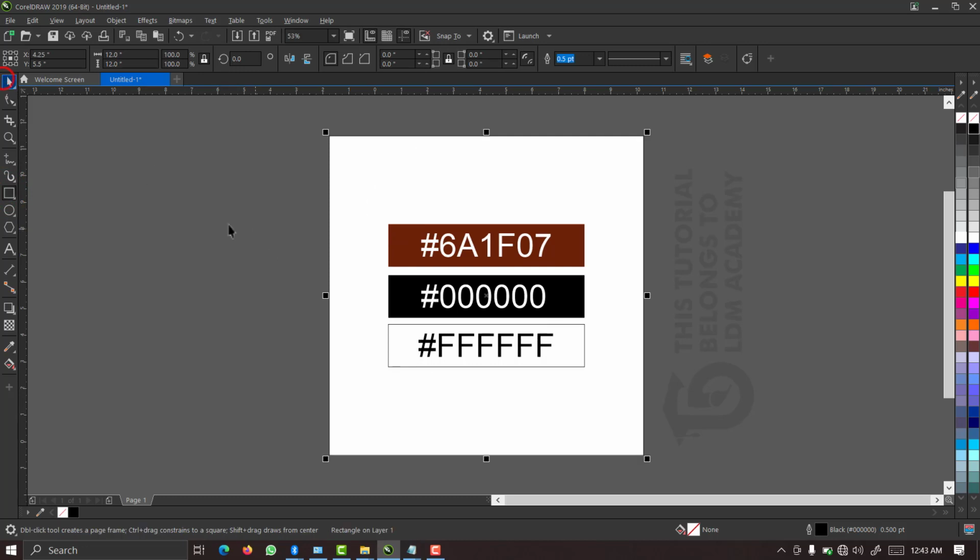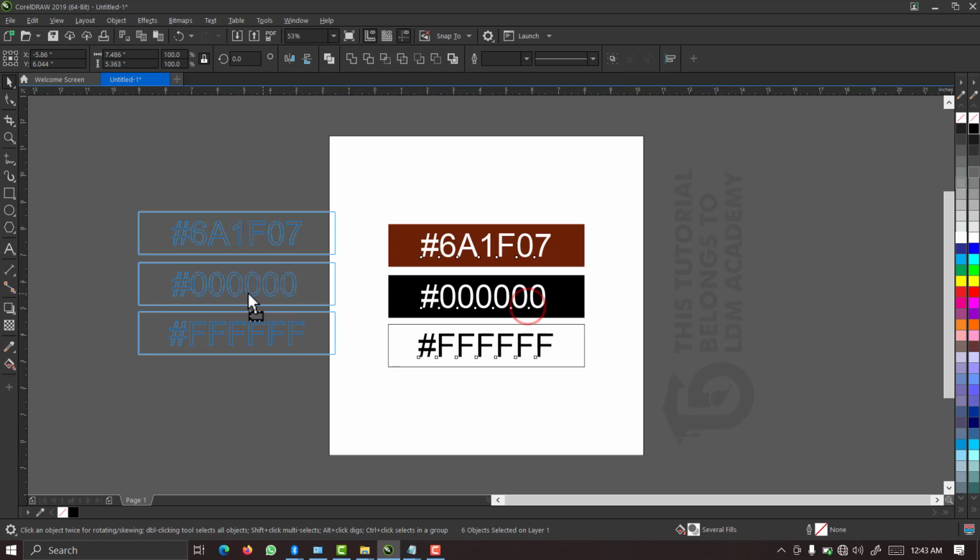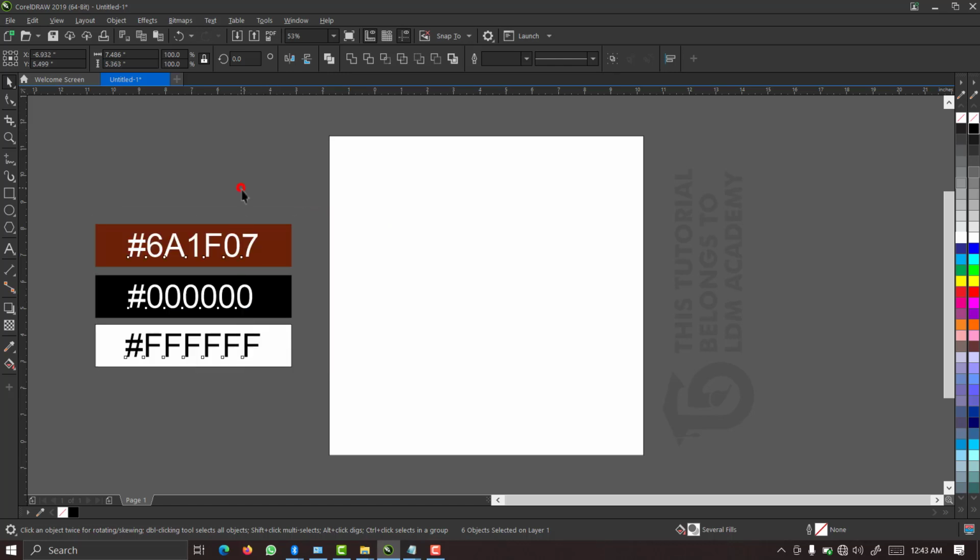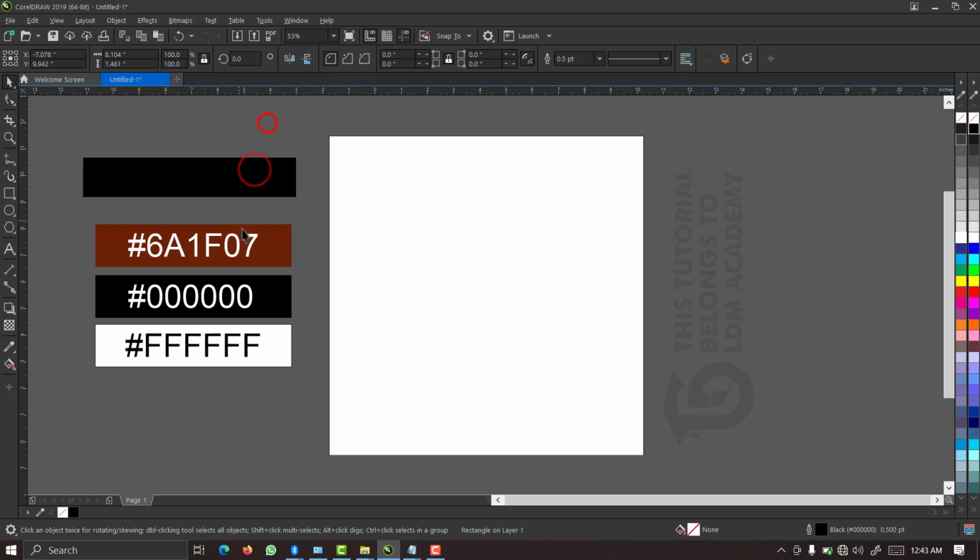Then here are the color codes that I'll be using in this tutorial. So let's see how to make use of the color codes. Let's assume I want to use this brown color as my background, or as a color to any shape that I want to draw on the screen. Let's say I draw this shape right now, and I want to apply this color to it. What I'll just do is let me first apply a random color to it. Thereafter I will now